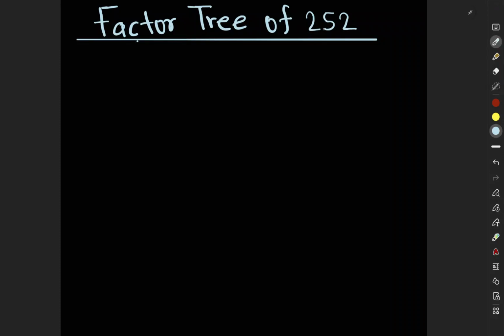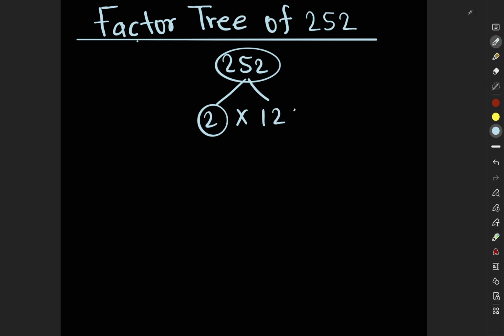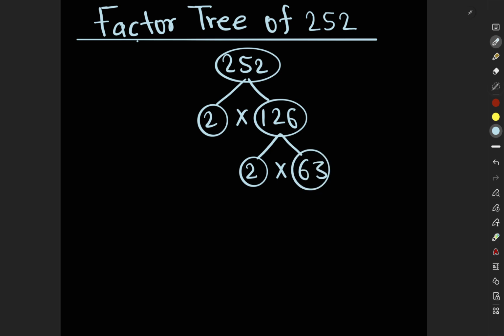Factor of 252. So 252 can be written as 2 times 126. 2 times 126 means 252. So now 126 can be written as 2 times 63. 2 times 63 means